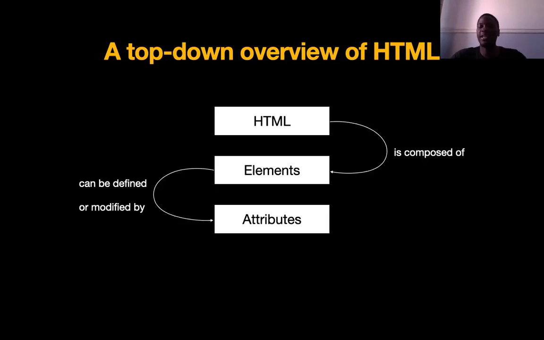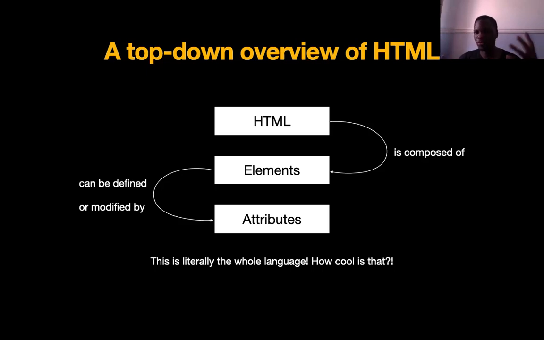I could stop right here and then you're now a master. Obviously not. But basically, having this top-down understanding of what HTML is, that's literally the whole language. For HTML, you just need to learn your elements, learn the different attributes you could use on an element, and you're good to go. Whether the element is an image, whether it is a text, different things. But basically that's HTML.